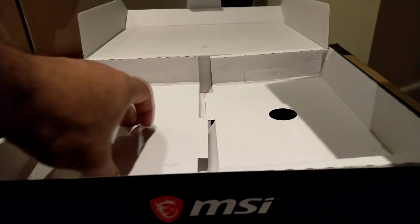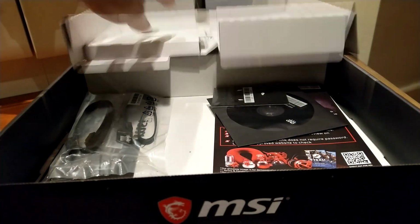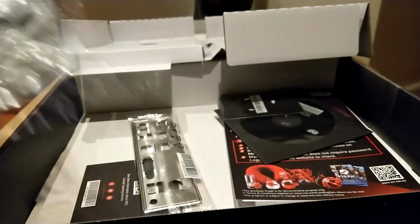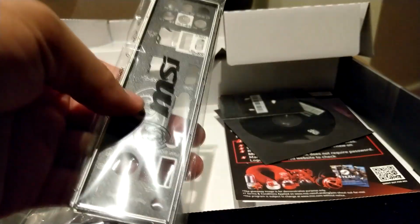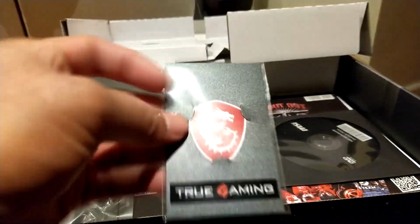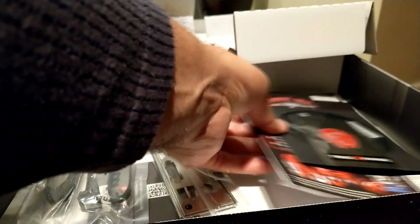My main needs when it came to the motherboard really was to have a decent amount of USB 3 inputs, extra support for additional RAM if I need to upgrade the overall performance of the system, so this will cope with up to 64 gigabytes of RAM. I've only fitted 16, which is plenty for my needs right now, but if I needed a higher performance PC, if I was doing